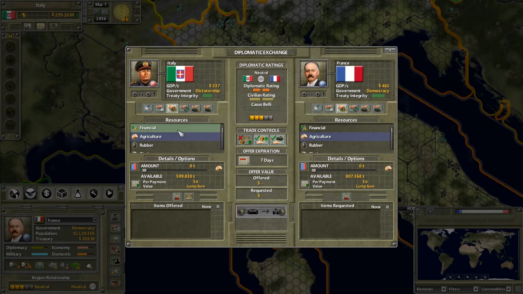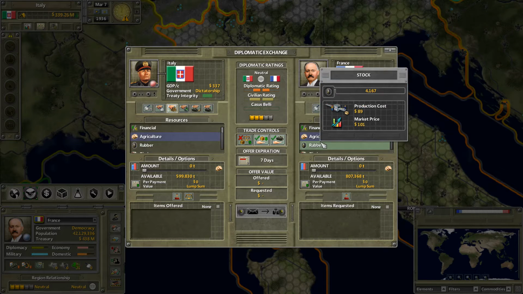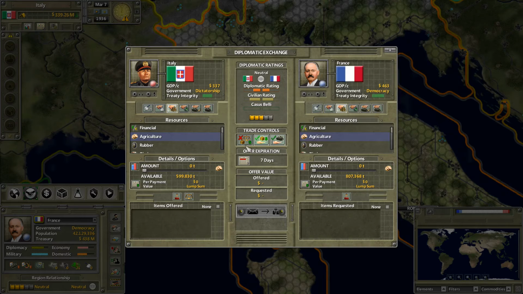Then there's resources. You can trade money, food, rubber or agriculture, rubber, timber, petroleum. Basically all the resources that are in the game you can trade each other. For example, if you don't produce any oil yourself, then you can buy oil from someone, and you can have it just once. You can have it for 7 days, basically the daily sum of something for 7 days, or 30 days, 60 or 90. Those are basically the options for the time. Then you just select the amount that you want, and what you can do is, for